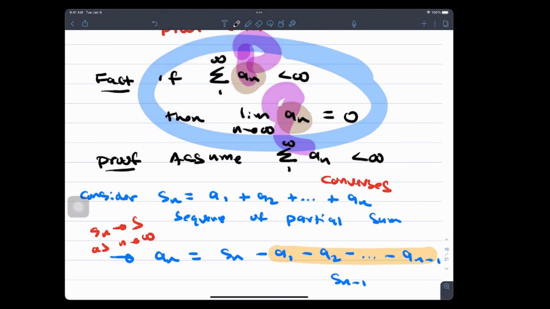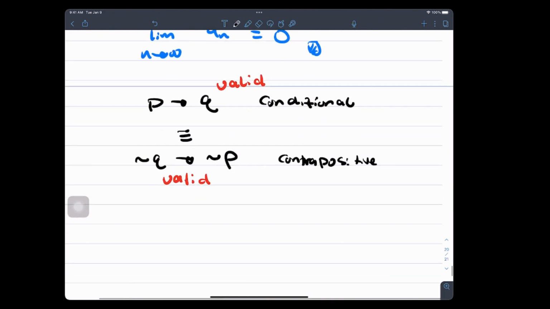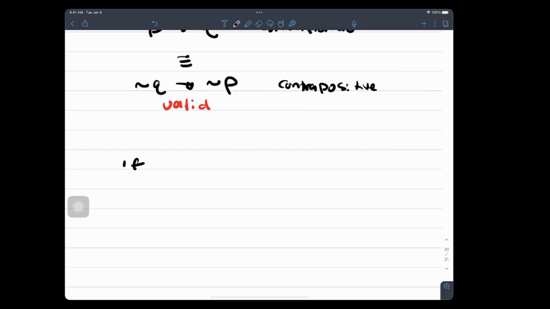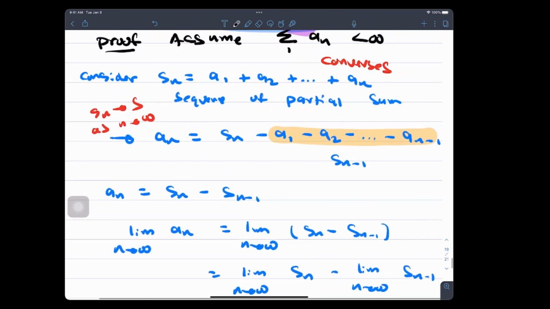So if the limit of AN equals 0, the negation of that is this statement here. If the limit of AN is not 0, or the limit of AN does not exist, because that's the exact opposite of the statement. Your book writes it this way: the limit does not exist. Okay. Then when we know that is valid because it's the contrapositive, I can now negate